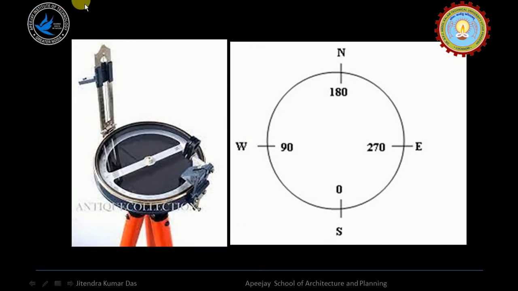So we will try to understand it again. Here is one image which is showing establishment of prismatic compass on a tripod stand, and you can see this is the eye vane and this is the object vane, and suppose any ranging rod in front of this, so this is our line of sight. This way we can establish the sighting.